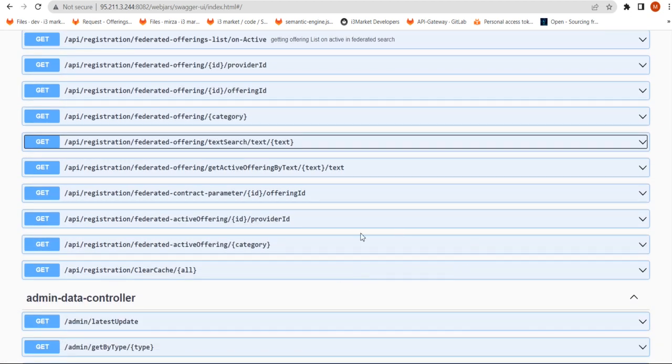Yes, and we have other endpoints as well, so we can search active offerings by text. We have contract parameter, we have active offering by provider ID, by category. So this is just to